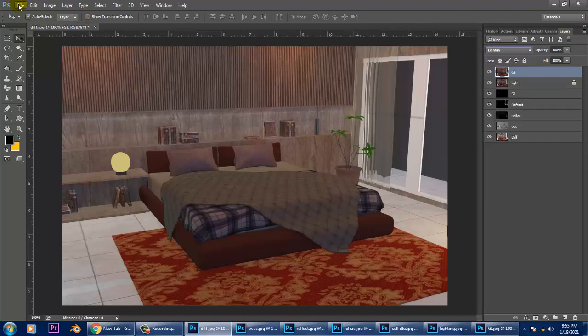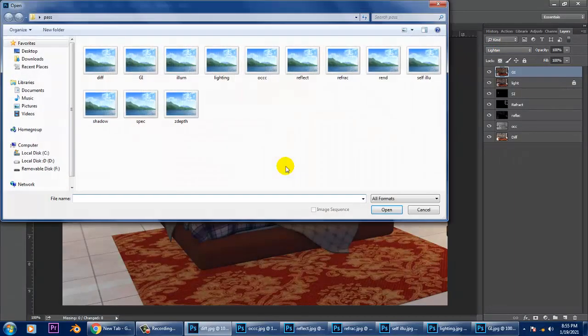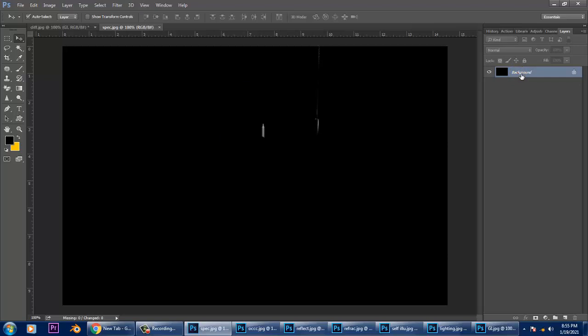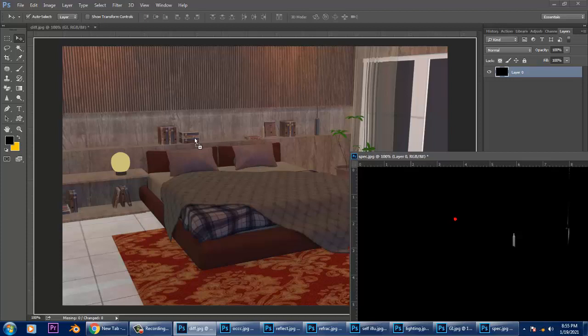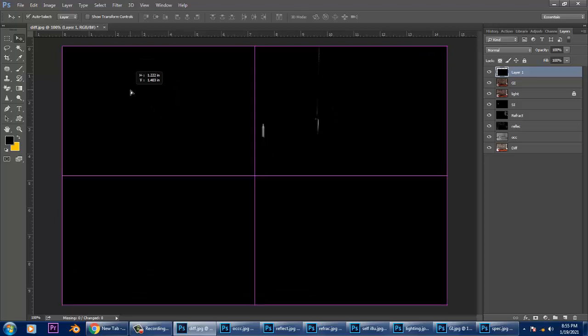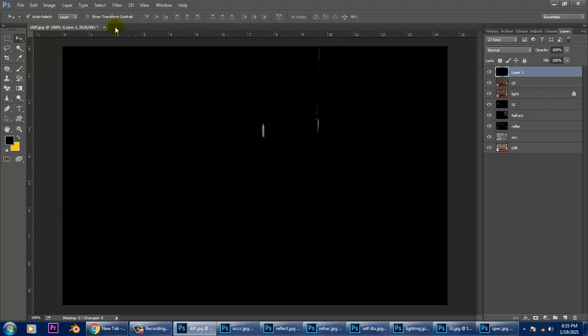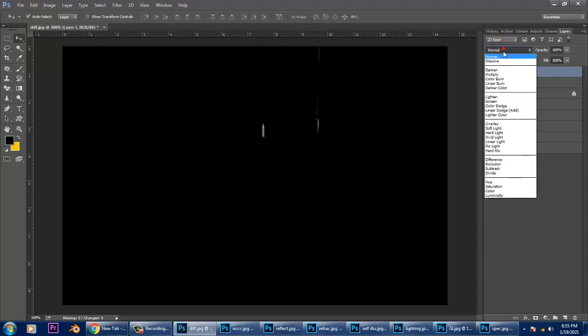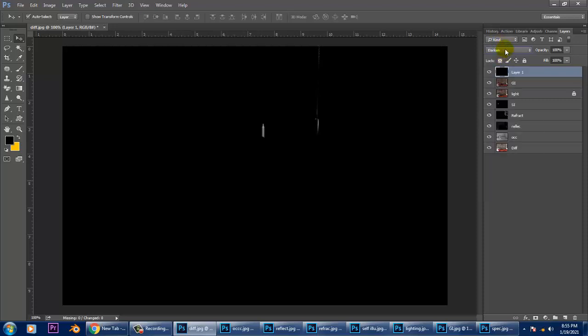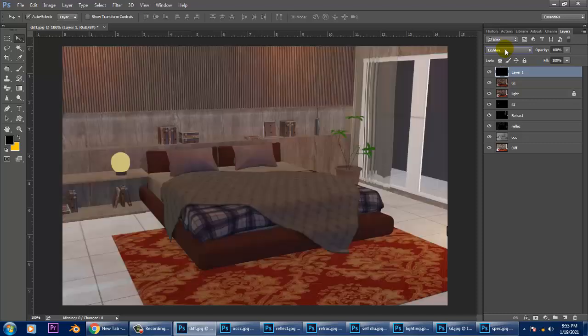Again, go into this, open, and we'll go with the specular. That's for your shine. Let's just drag this and change it. We can keep it as screen, that's better.